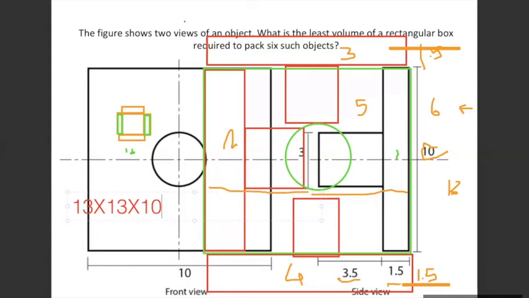मैम 10 कैसे आया? ये नीचे वाला 10 दिख रहा है आपको? ये width, ओके ये वाला width तो 10 ही आएगा क्योंकि यहाँ पे साइड में हम कुछ एक्सटेंड नहीं कर रहे, यहाँ पे भी कुछ एक्सटेंड नहीं हो रहा है. Everything is getting accommodated in that width of 5 because 3.5 plus 1.5 is 5. वैसा ही सेम 5 दूसरे साइड पे मिरर में आएगा. The red one which I have shown here is what will be fitted in. So 5 plus 5 is 10. वो 10 वाली width में आपके दोनों ऑब्जेक्ट्स मिरर इमेज फिट हो जाएंगे, opposite facing opposite sides. ओके इसलिए वो width 10 ही रहेगा.